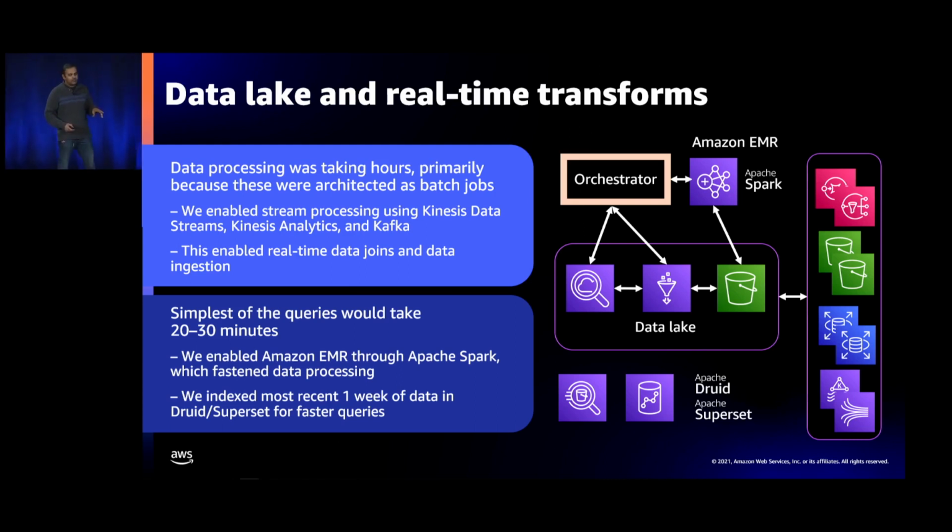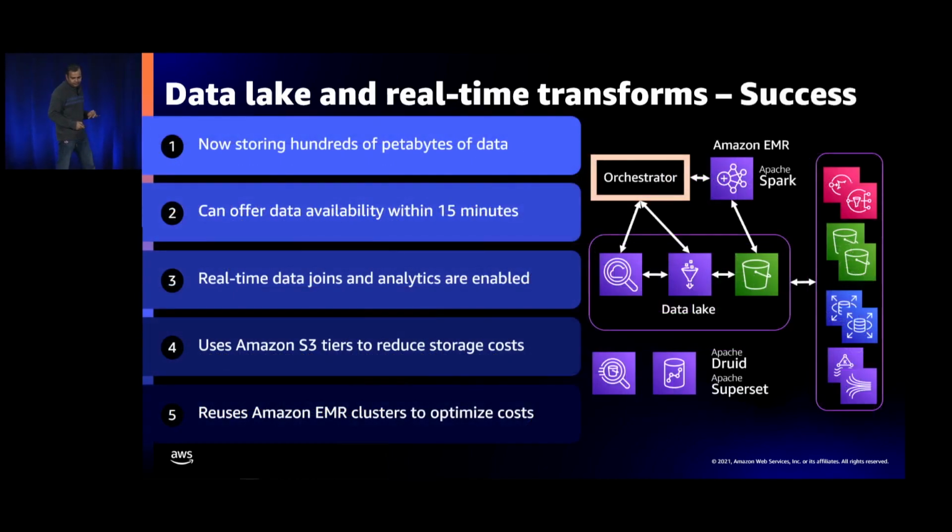Using Kinesis and Kafka, we were able to get to real-time joins and analytics. It is a little bit expensive, but depending on your use cases, you can figure out which ones you want to pay for. To improve developer productivity, we also indexed some of the data into Apache Druid and Apache Superset, which was able to give nearly real-time responses to the developers. Once the queries were tuned and they wanted to query the whole set of the data, they could fire that same query on Redshift and Athena and get their results faster.